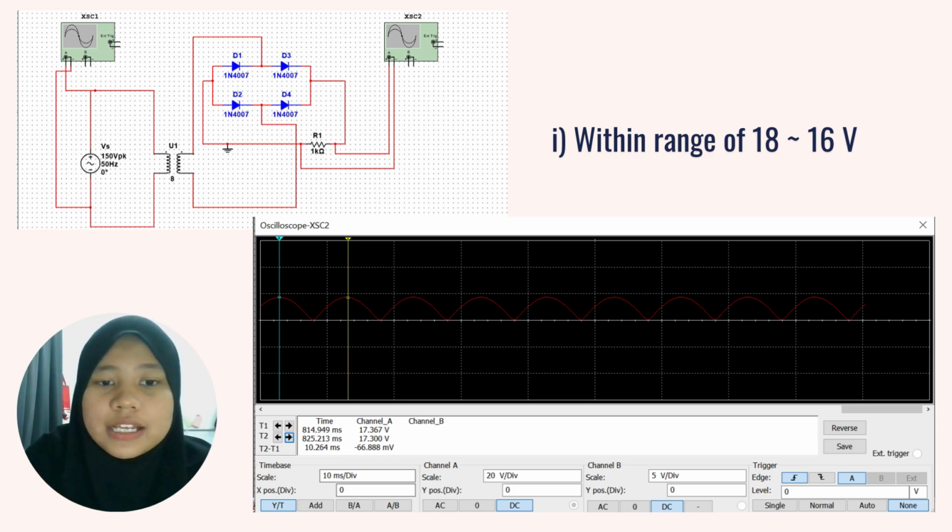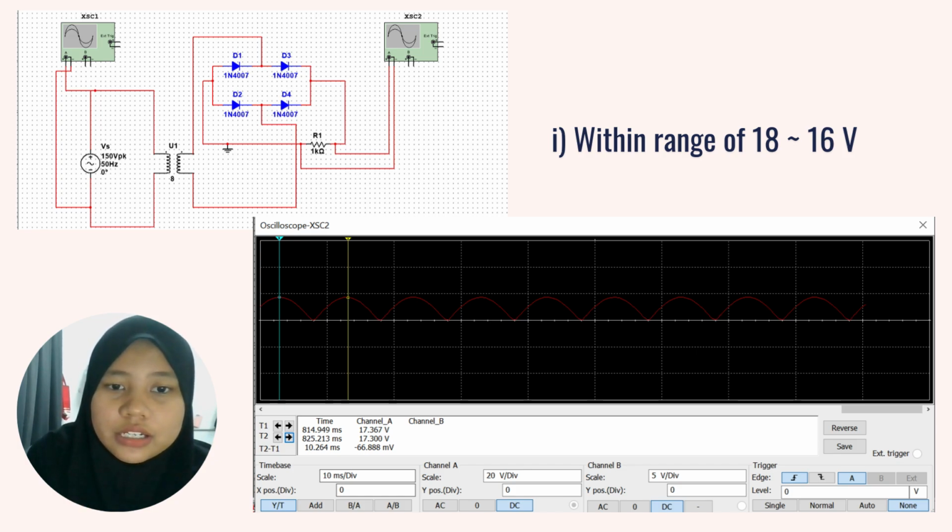Then add a transformer, with a ratio of 8, and then I arrange four 1N4007 silicon diodes in a bridge configuration, and then I place a 1 kilo ohm resistor across the bridge DC output terminals. Then I connect a ground reference to the negative terminal of the bridge to provide a common zero voltage point